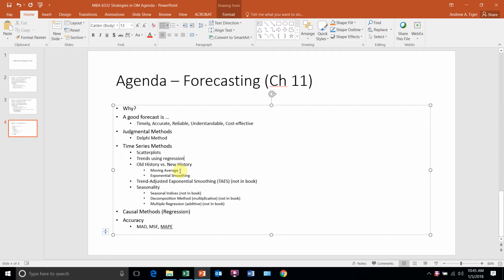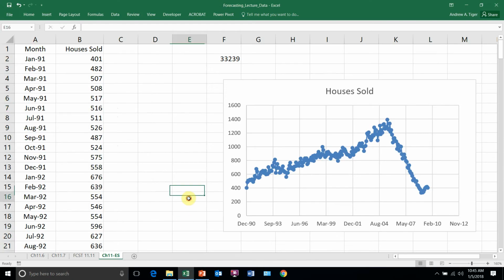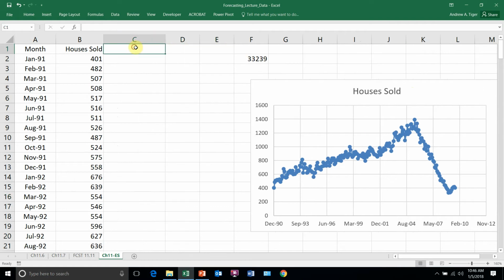The moving average is very easy. And then a little bit more elegant one, maybe a better one to code if you were in a programming world, is exponential smoothing. So this video is on moving average, and the next video will be on exponential smoothing. We're going to look at a large data set. This is the one we're going to look at, which we've already set up. And I'm going to start out with a moving average,